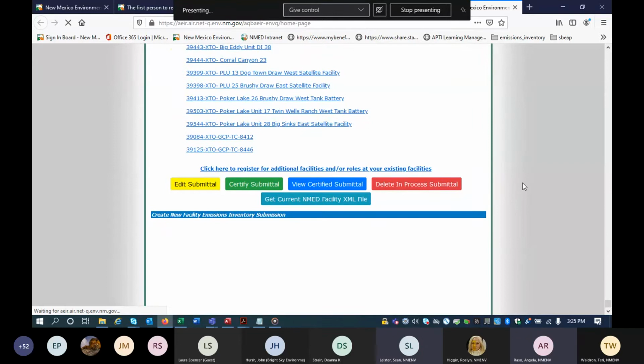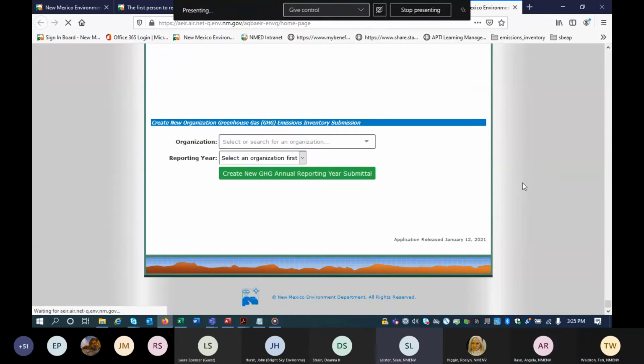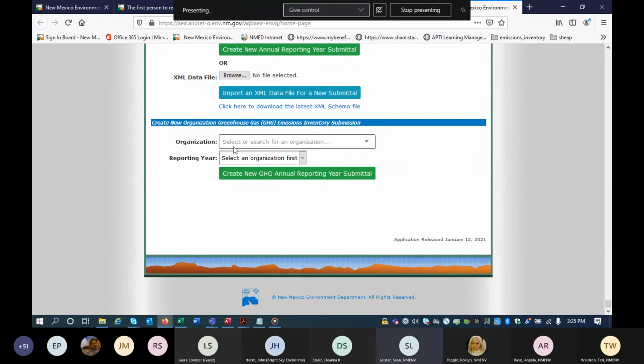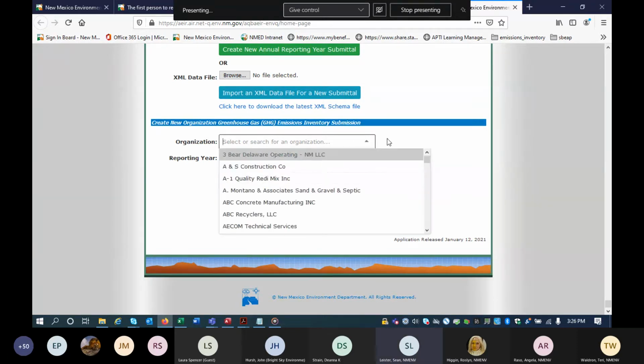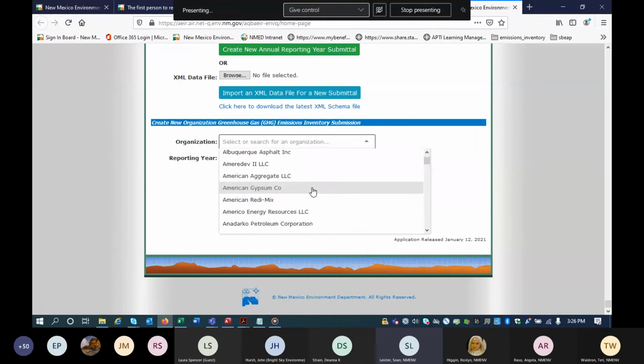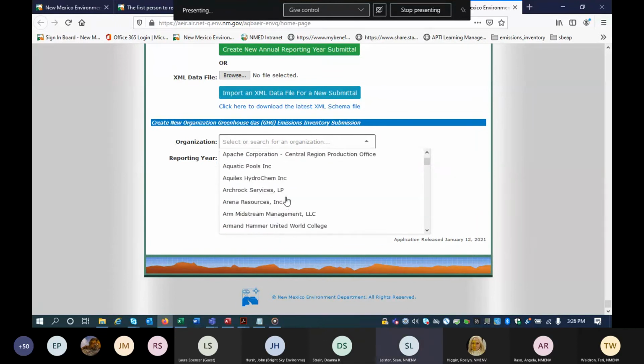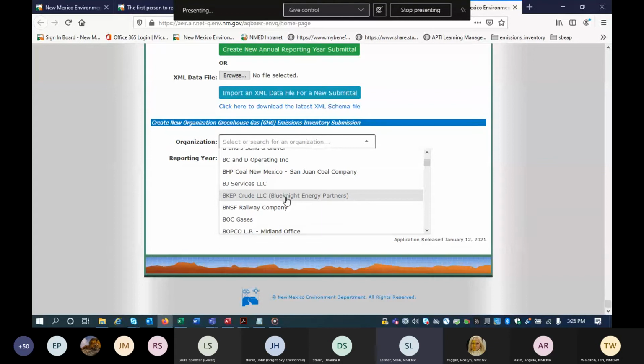All right, sounds good. So as far as greenhouse gas submittals go, our new greenhouse gas submittal is through organization or the company level rather than facility level. So for instance, as you click on this drop-down menu right here, the only things you'll see are your individual companies and not the facilities underneath those companies.